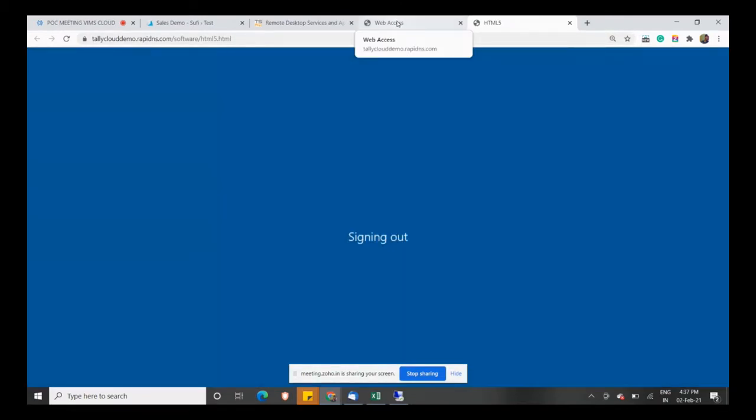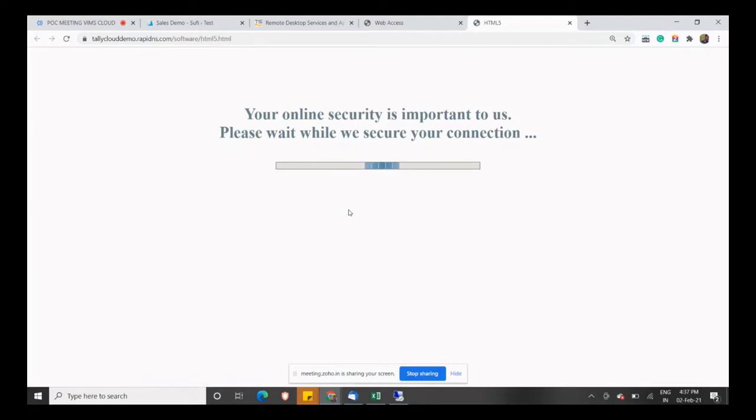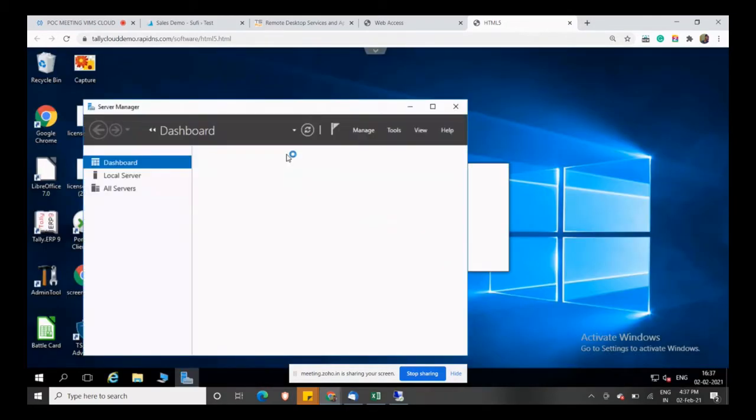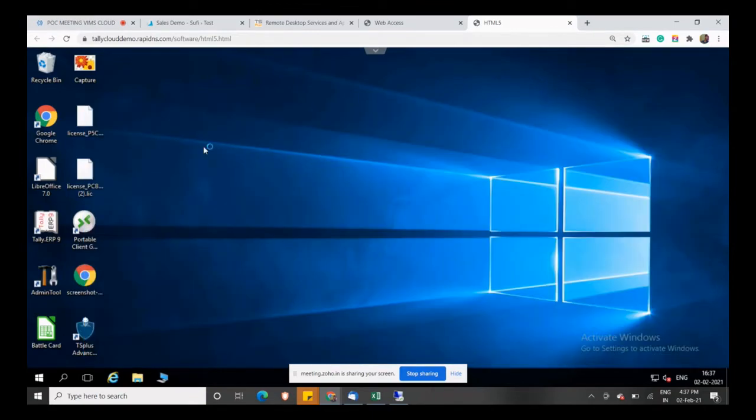Once you click on this, you can get access to the virtual machine as an administrator. This is Windows Server 2016, wherein we have already configured TS Plus, and another application is already installed.